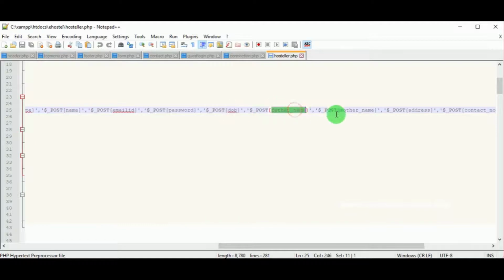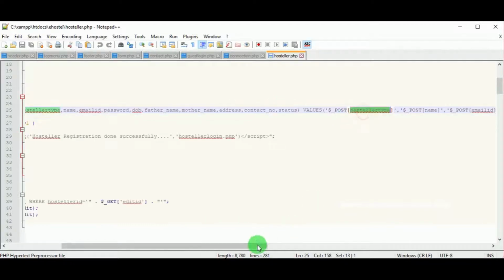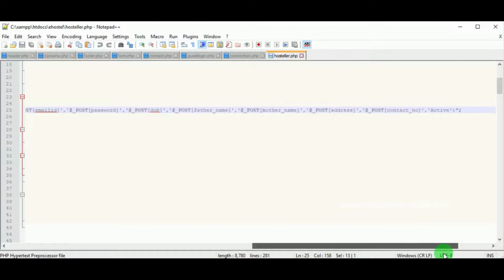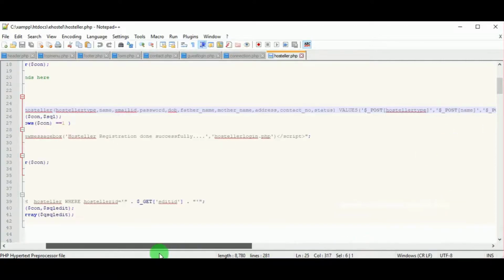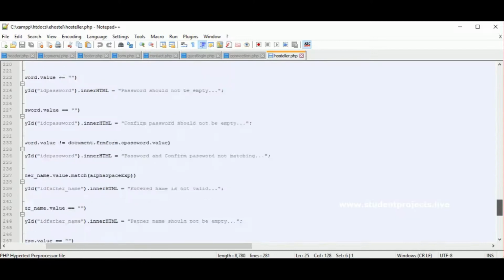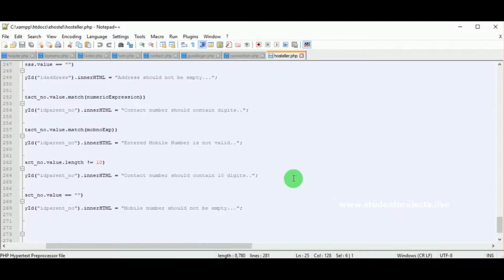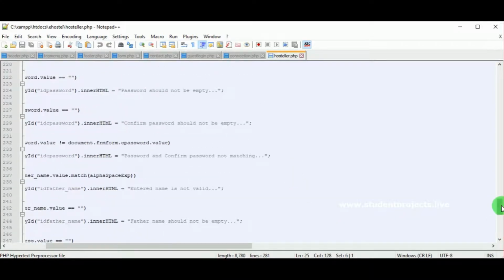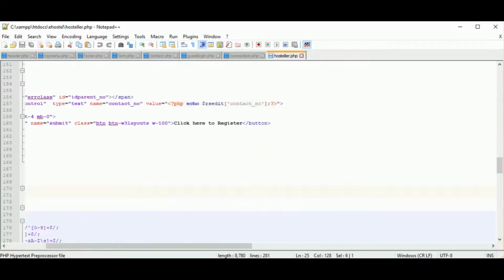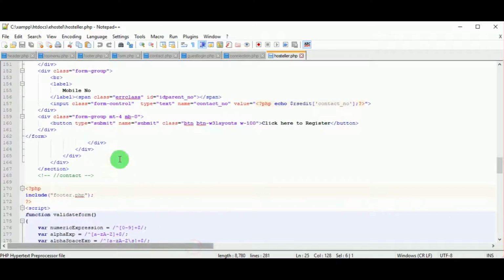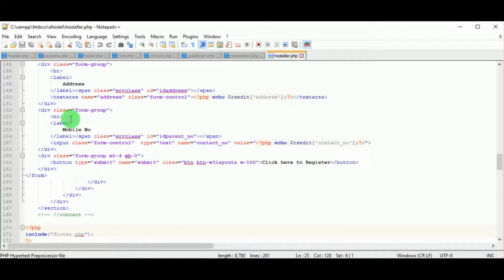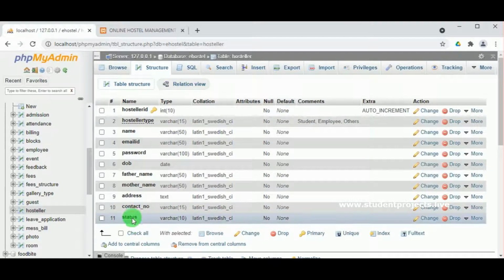So followed by all the fields, whatever is written, every field must be mentioned accordingly, how the fields in the table are present, that is hostler name, email id, password. In the same format the name of the data field of the form also must be mentioned. So then on clicking on the submit button, you can see status.